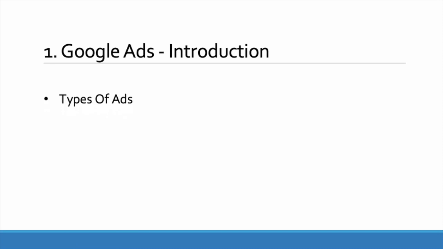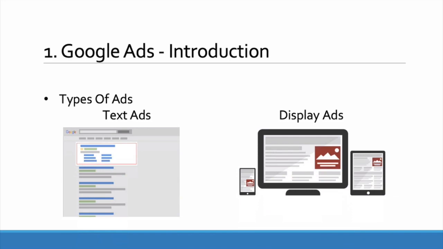Let's see what the different types of ads possible in Google Ads are. There are text ads and there are display ads. Text ads are primarily for search. Display ads have a variety of applications, including ads on Gmail, YouTube, and other places such as Google Partners, who are publishers partnered with Google, where relevant or contextual ads can be shown. So these are the basic primary types of ads we can run on Google's ads platform.